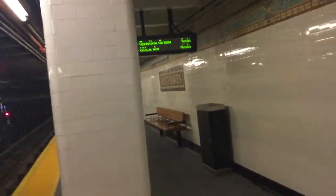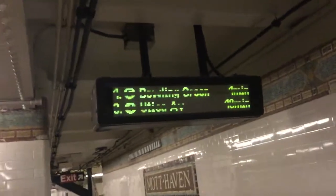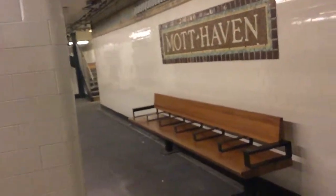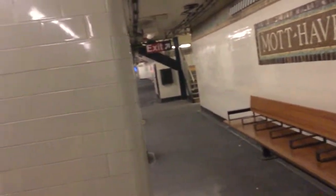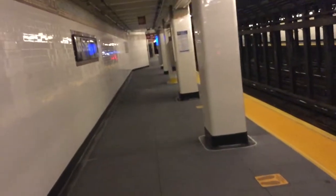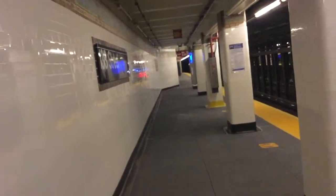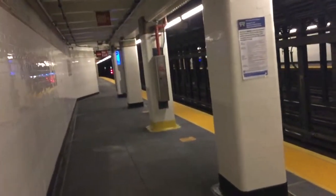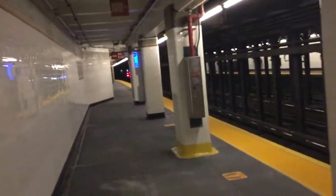Now let me see if I can get to Astoria Boulevard Station in Queens, and the only way to do that is to take this next southbound 5 local to Bowling Green after transfer at Grand Central 42nd Street, then take the Flushing bound 7 local to Queensboro Plaza and the Astoria bound local to Astoria Boulevard. So if I have time, I can go straight to the station and see the new